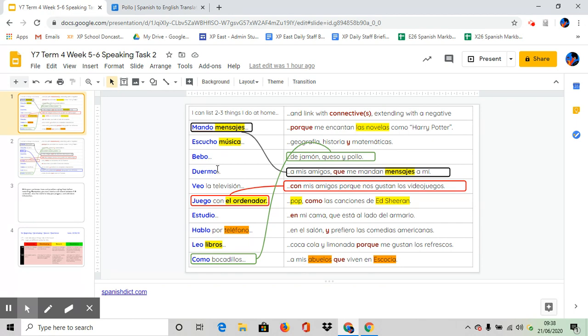Record those for me on your phone and email them to me. If you have any questions, of course, you can always email me at my school email address and I will help you and support you as much as I possibly can. I know it's scary. Nobody's going to listen to these recordings except for me. Okay? And yes, you're going to make mistakes. I love mistakes. That's how we learn.